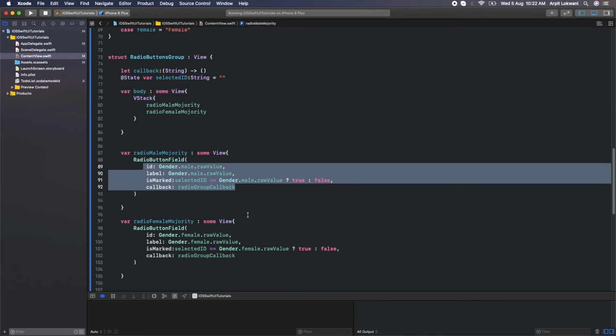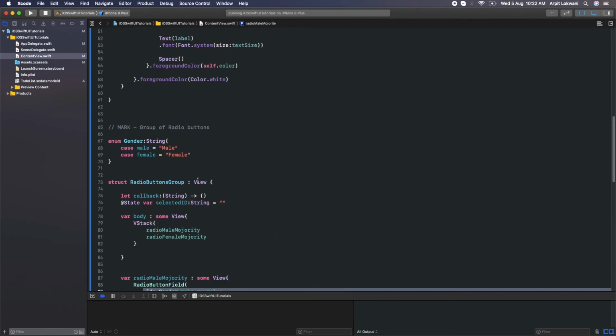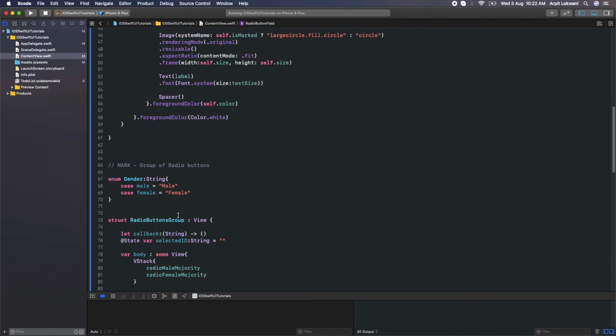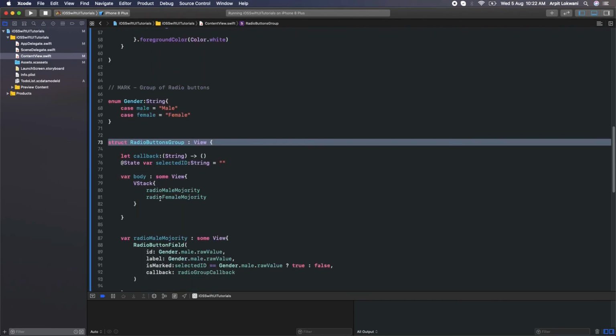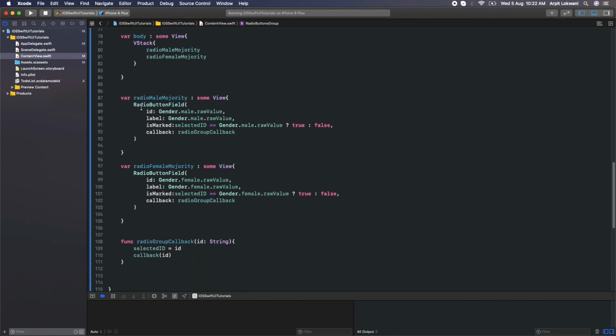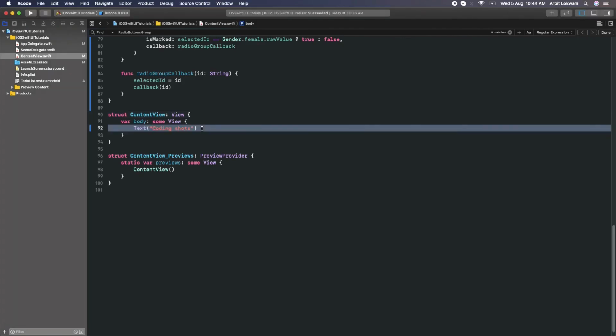So let me build this now. It should not again say some errors. Fast man, fast, come on, it's easy, right? First we need to create a radio button, simple, individual, then we need to create a group of that. Fine, it's your call, you can customize whatever you want to play around, not a big deal. It's a very ground level work we are doing, it's not a very big task. So let me try with the build now. So let's build this. So yeah, looks fine.